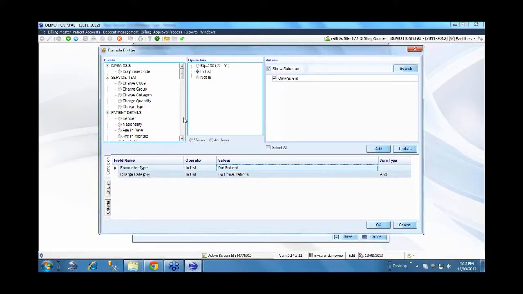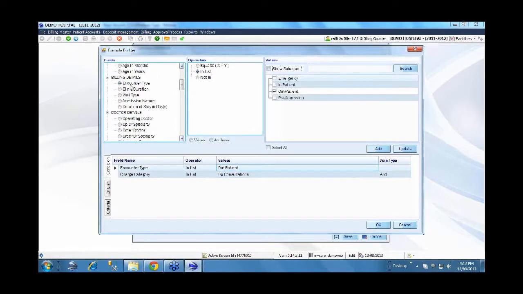In this case we have chosen encounter type as the information using which we want to build this condition. Encounter type is the information, and I'm saying in list. The respective values relating to encounter type are picked and displayed in the values column. I can choose outpatient, inpatient, more than one value, since I have chosen in list. In this case, this rule is relating to outpatient, so I will choose outpatient alone.